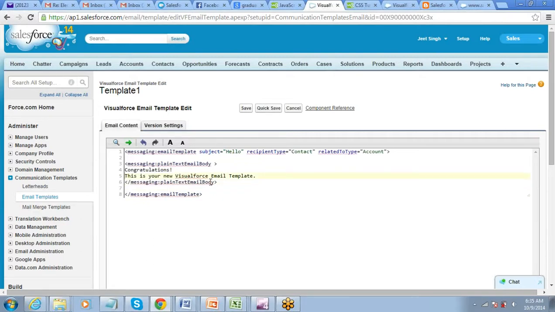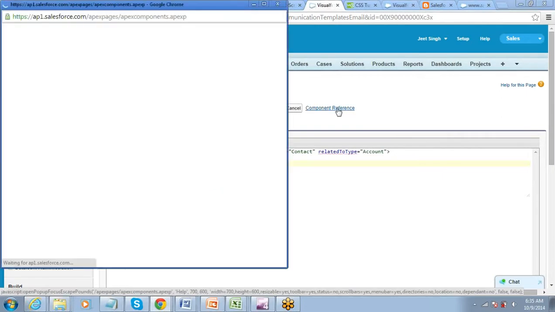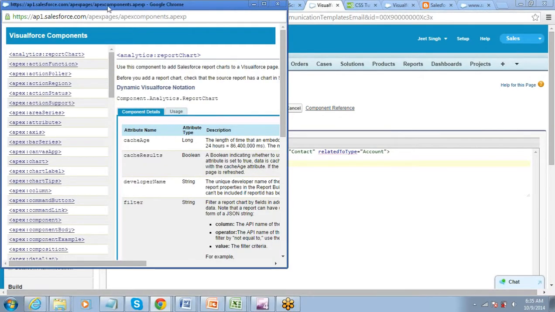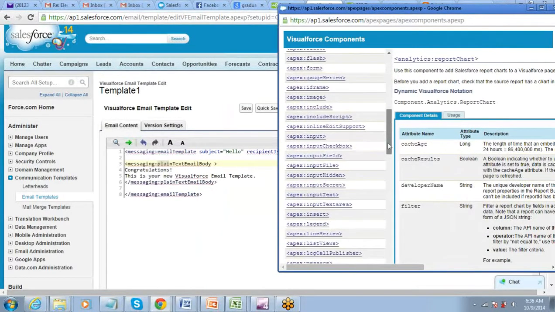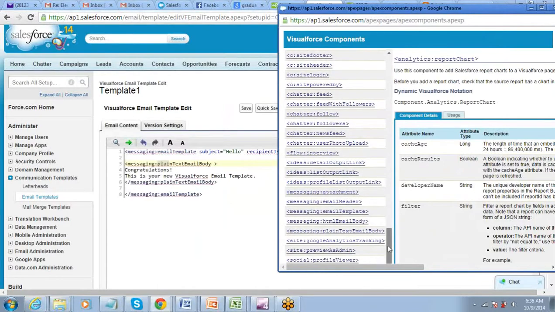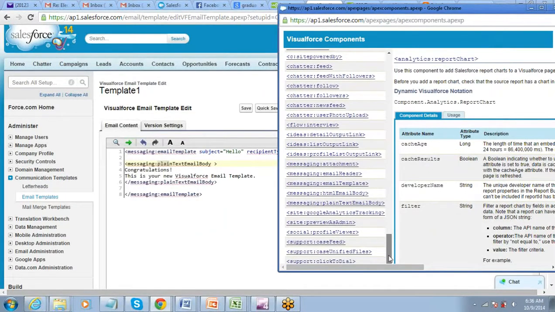Apart from this, there are other components as well under messaging. Instead of plain text body, you could have also used HTML body, right? So if you want to go through the components which can be used in a Visualforce email template, you can always go to the component reference library. If you are here, you can click on this library. In the component reference library, because this is a complete component reference library, and you just want to know more about messaging components, scroll down, you will find messaging components here.